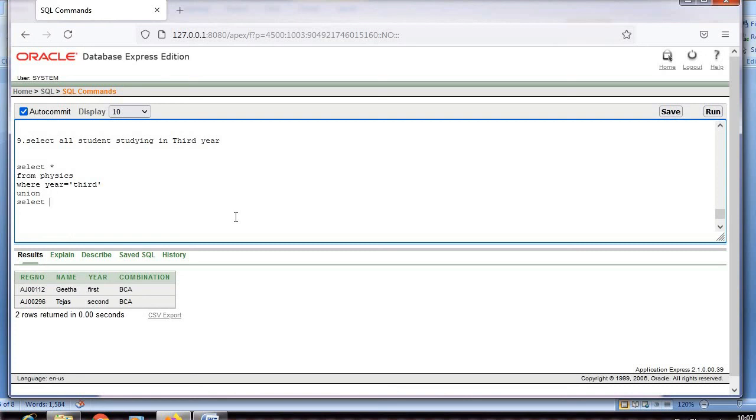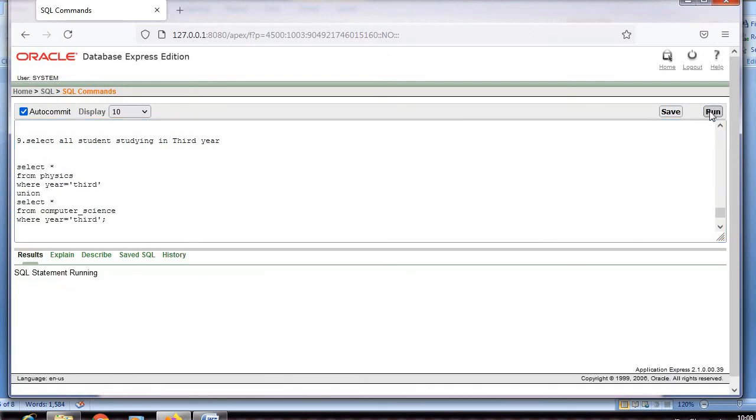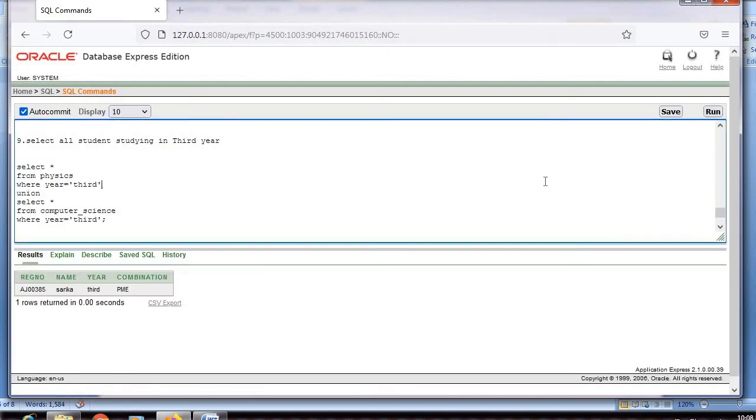For that I will write from the other table, computer science, and the condition is also the same, year is equal to third year. I have written it, and I will select this and run. What is the answer I will get? We'll check. Okay, only Sarika is showing.